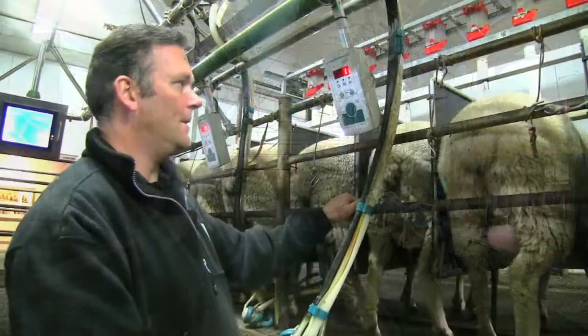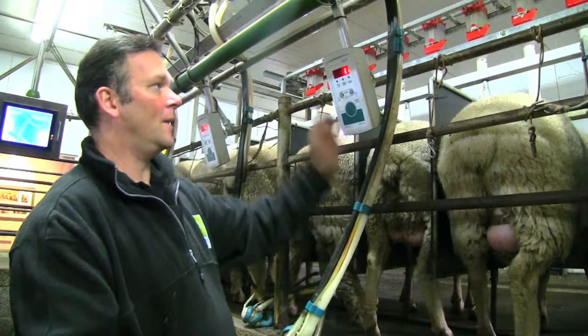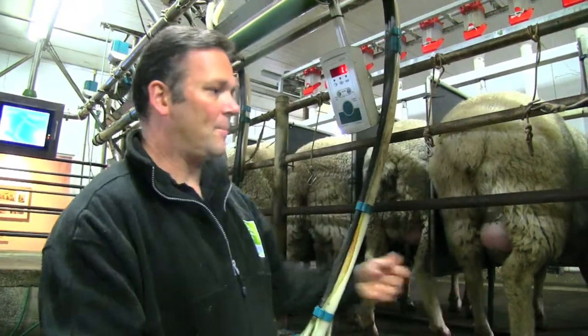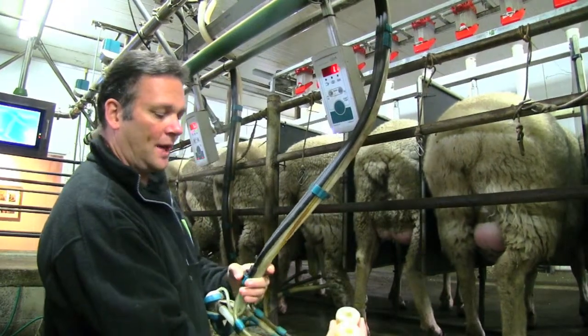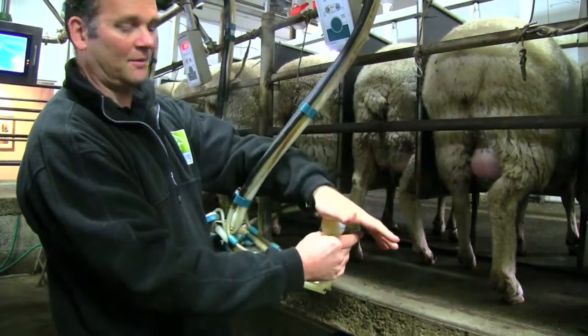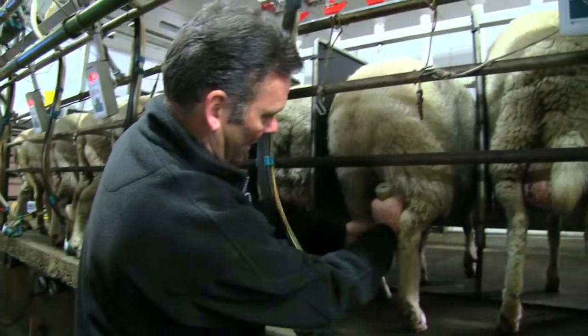So once the ewes have come into the dairy, we've identified which ewe we're about to hook up. So this one's telling me it's number 633. We can confirm that by the leg tag on a leg. Then we simply press the green button, which activates the pulsation and suction, so you can actually hear that and feel that sucking on. All we do is simply hook it up